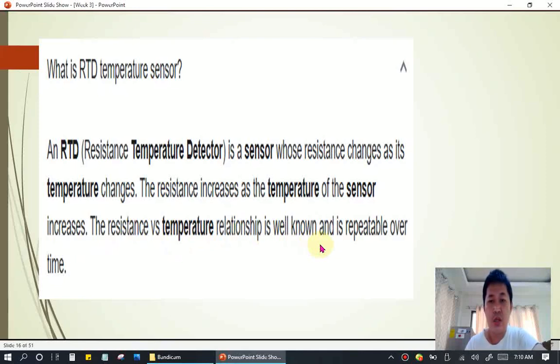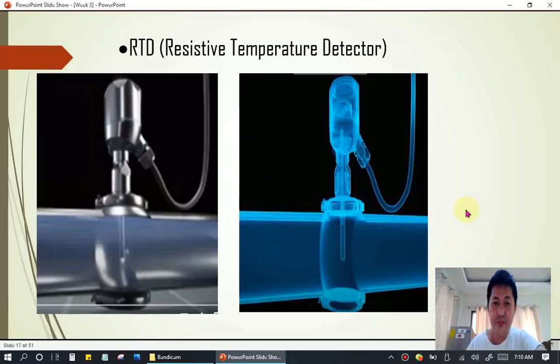So we will see here. This is an example of our RTD, the resistive temperature detector. This is cooling water. This is a pipe, and this is your sensor probe, and this is your transmitter here. There is a sensor inside of this cover. This is a metal cover which is submerged in the press water inside the pipe,